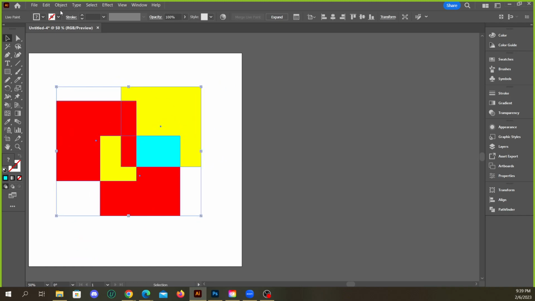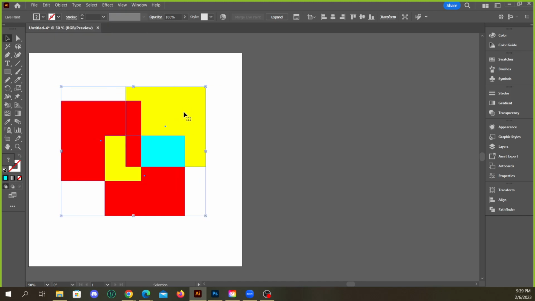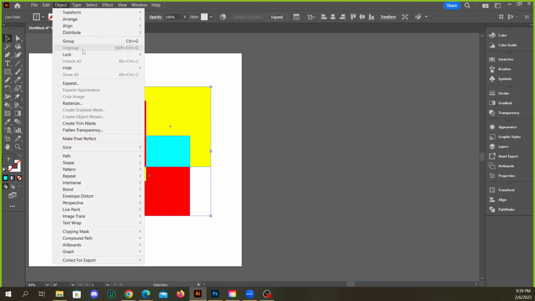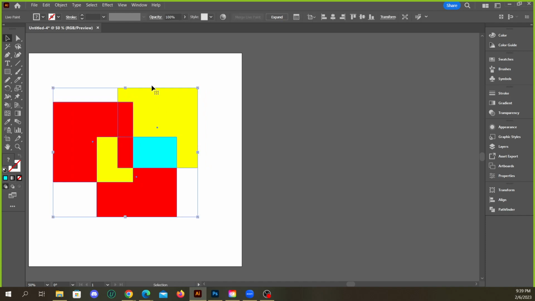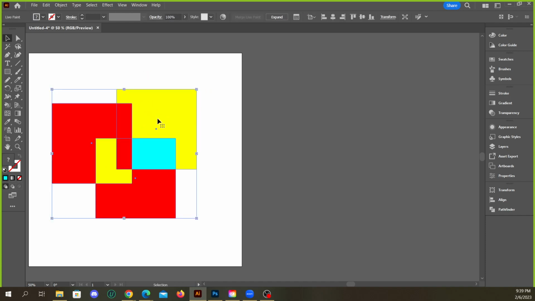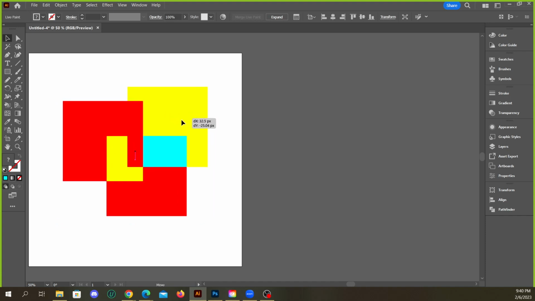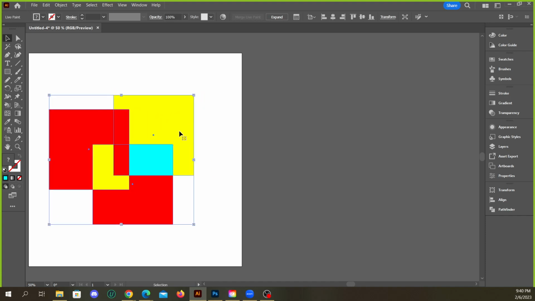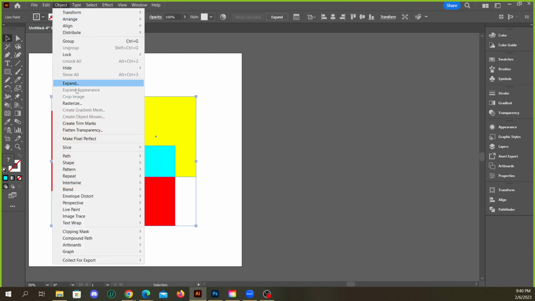You'd have to break them apart or expand them. They're not exactly grouped actually. If you try to ungroup them, you'll see you can't ungroup them because they're not really grouped. They're joined together, which is kind of different. You could join objects. You could also group objects. Kind of does the same thing. It sticks them together, but since you can't ungroup them, how do you separate them? You break them apart or expand them, or